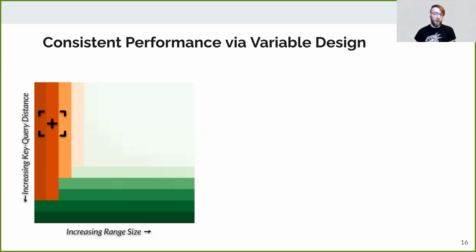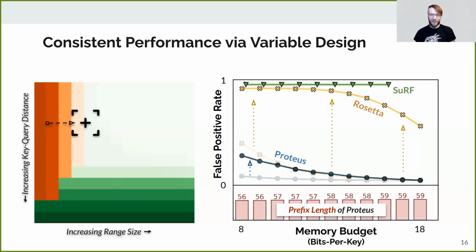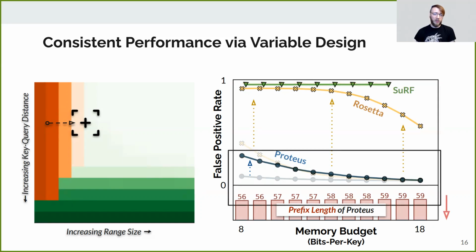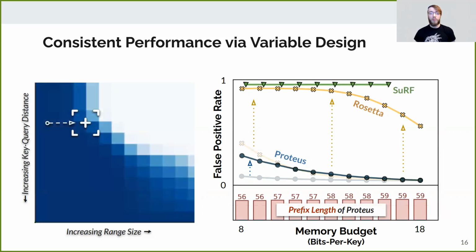Moving laterally in the workload feature space, we maintain the same key query correlation while increasing the query range size. This increase results in a much larger penalty for Bloom filters with long prefixes, as seen in Rosetta's FPR, which never drops below about 0.5, even with a memory budget of 18 bits per key. Proteus, on the other hand, is able to balance the penalty for large ranges by using short prefix lengths. Without even introducing the trie, Proteus is already able to cover more use cases simply by choosing an optimal prefix length for its Bloom filter.